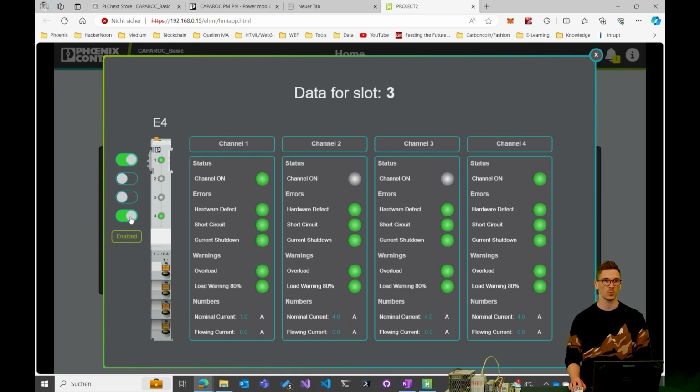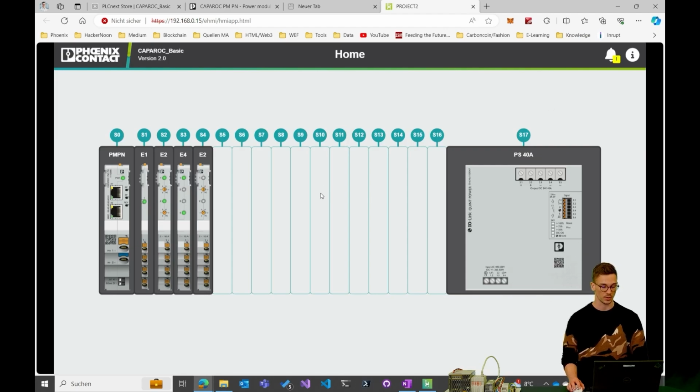So right now we are able to enable and disable the different channels from the visualization. So it's a way of preventing anybody from just enabling and disabling the different channels unwanted. So you can make your changes in the visualization and then set the config byte to false again.